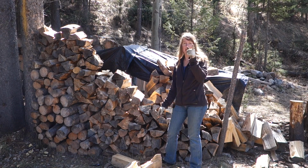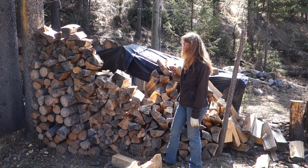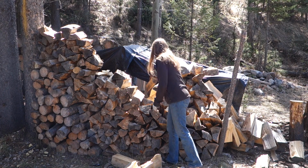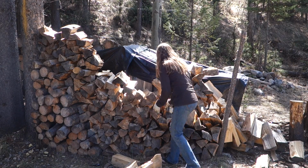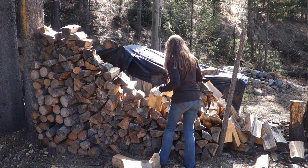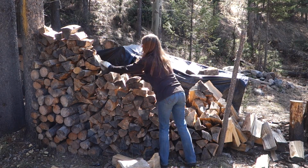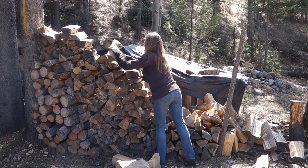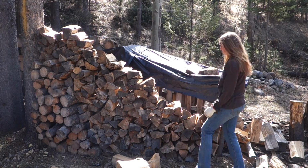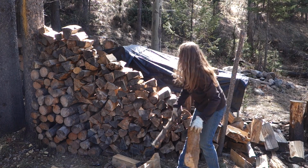And this is the firewood for my big fire pit, which is kind of behind the camera there. Not for the wood stove inside. These chunks would never fit in there. But it's the season when you can have bonfires outside now. It is springy enough around here now that